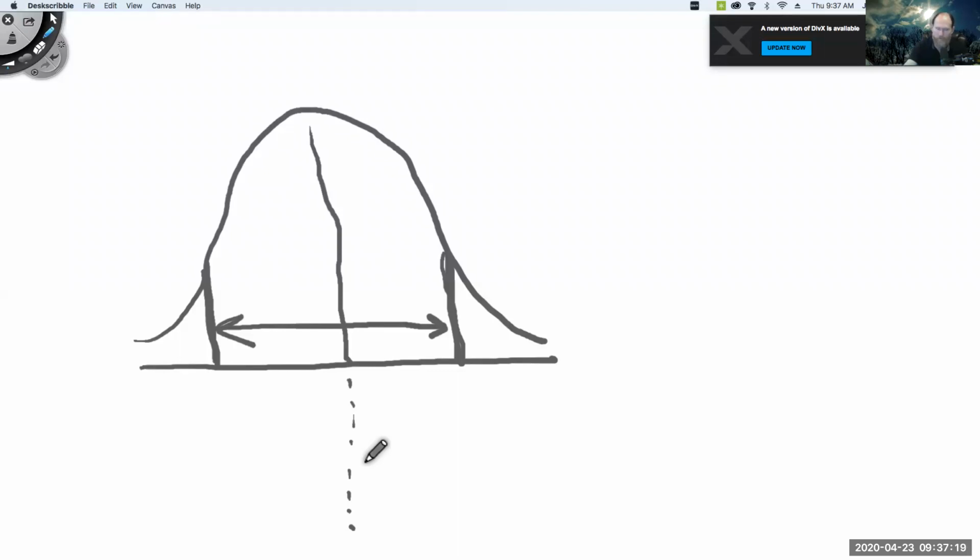What is the significance of that? Well, if I say, for example, that I want to capture 99.74% of the values around the mean, then this would look something like this. The first thing I'm going to do is convert that percentage into a decimal. And that also means that I'm not going to capture performance out here in these red areas. I am going to deem that as out of control.